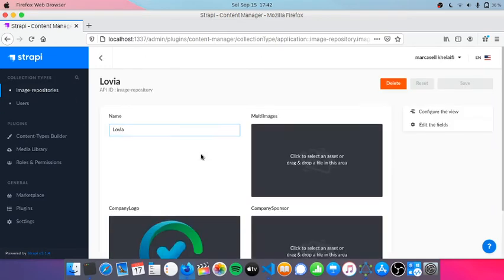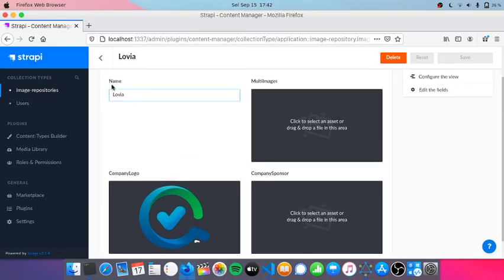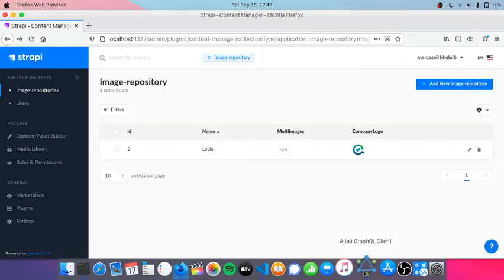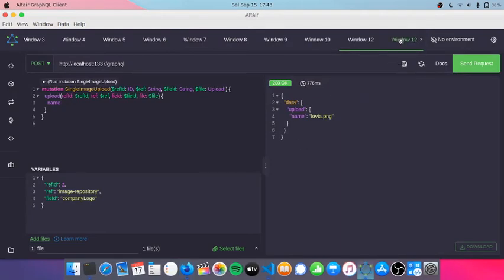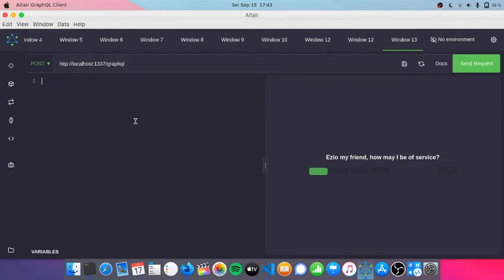So you will see no difference because I have uploaded to the same field. So the next field that I want to upload an image to is this field, company sponsored. I will add new window here, mutation, single picture upload,